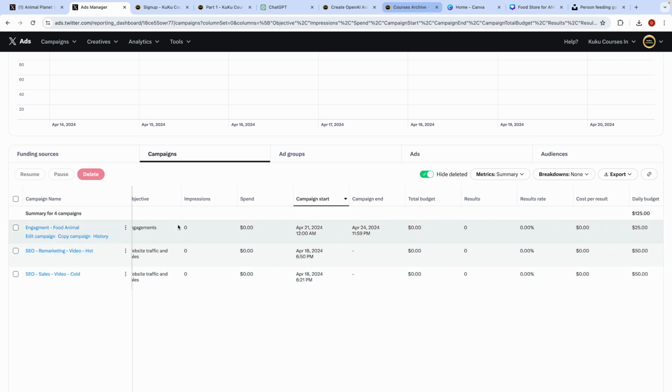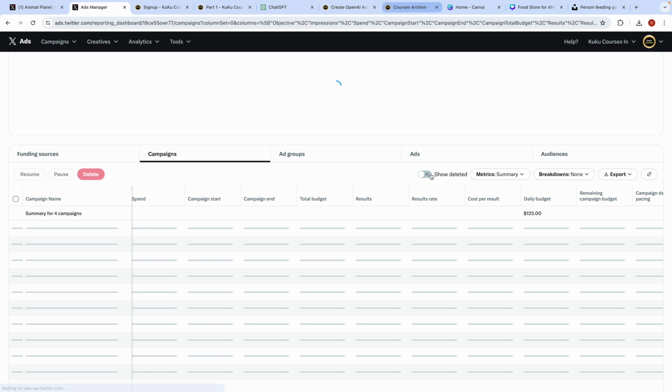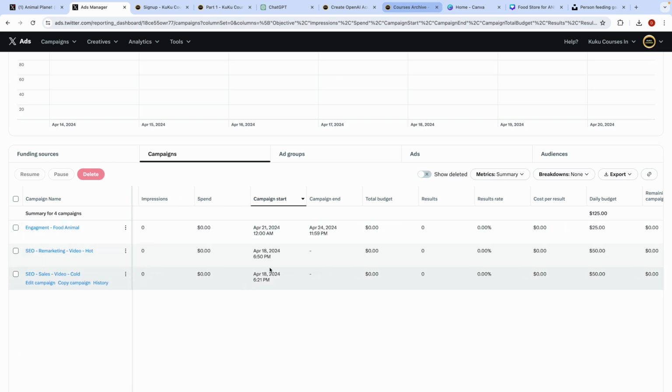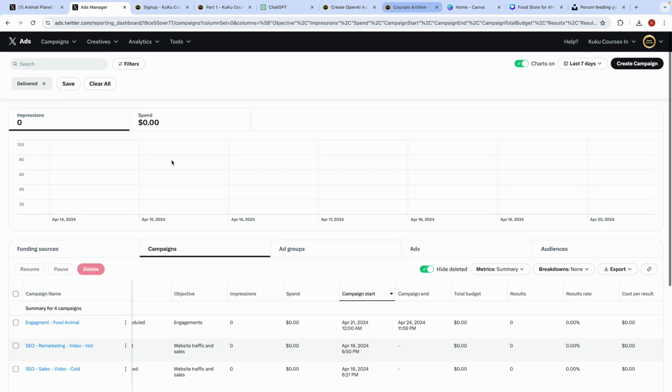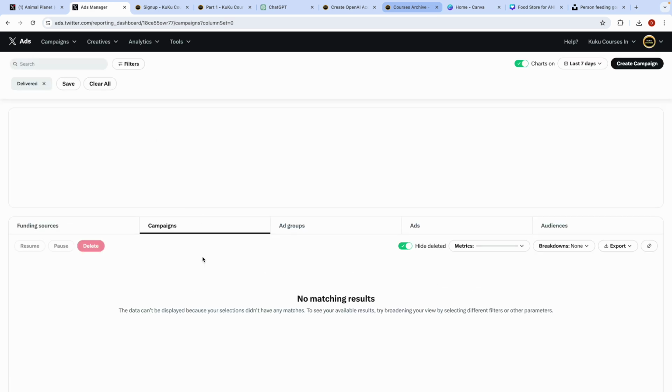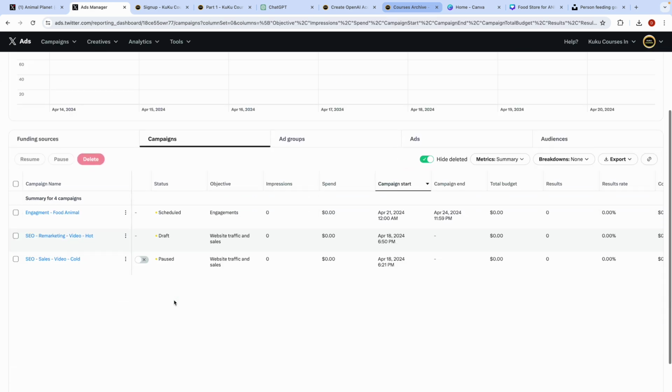For now I couldn't see it. Let me just turn it off. Still it's not visible, but do not worry, it will be visible after some time. Just don't worry about that, just go to your ads manager. So in this way you can create